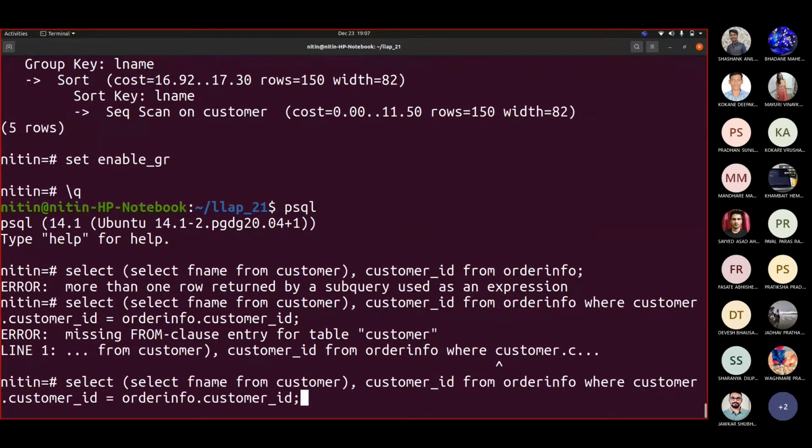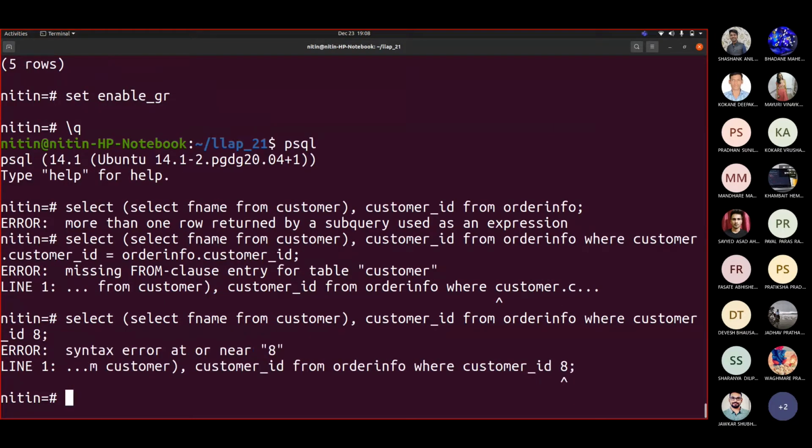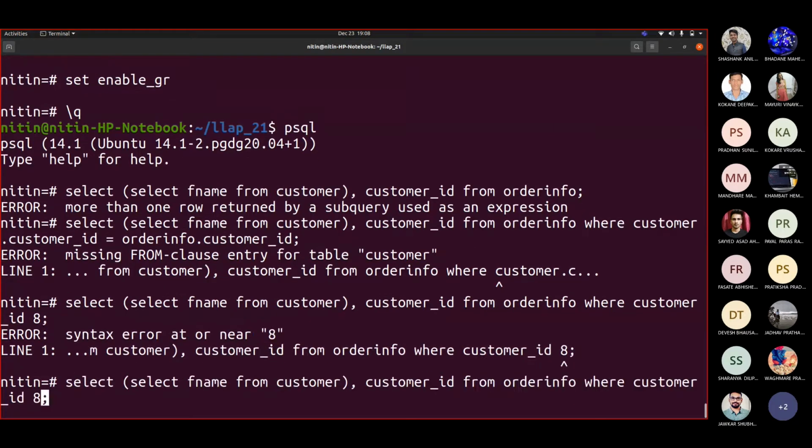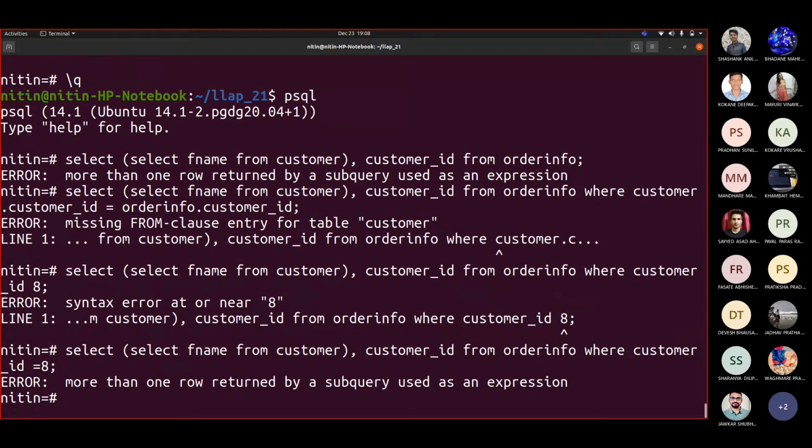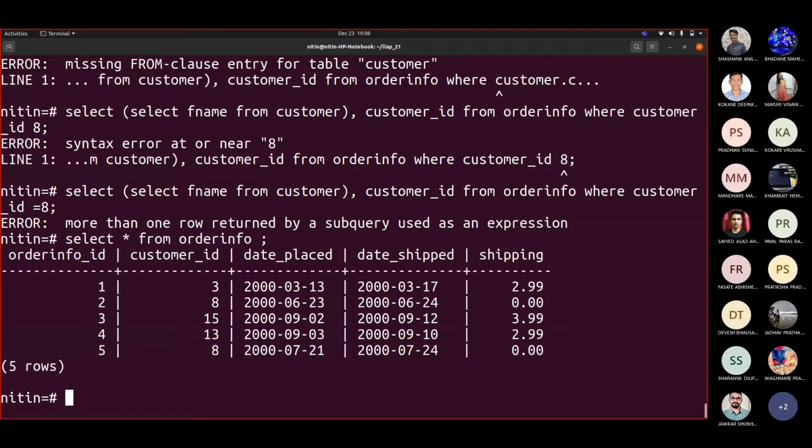So if I write select star from customer, let us see how many records there are. Sorry, I forgot the equal to. So more than one row. Select star from order info where customer ID is 3.